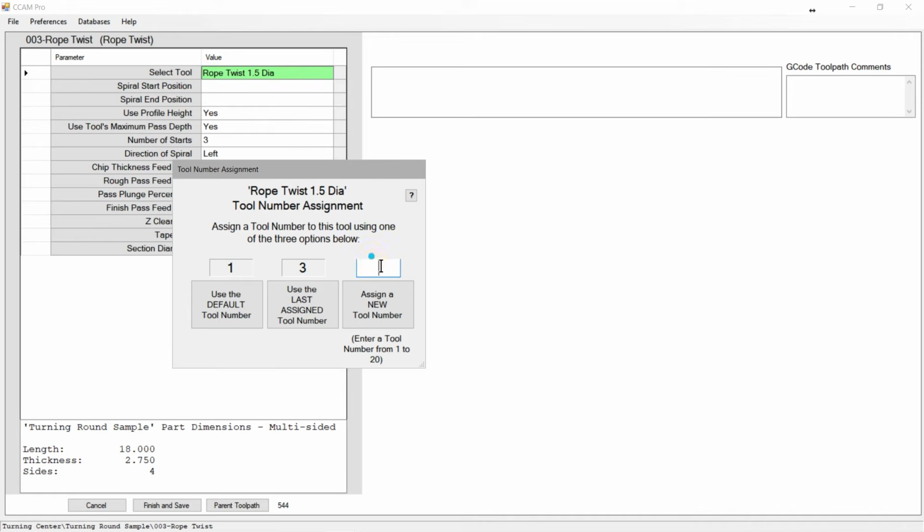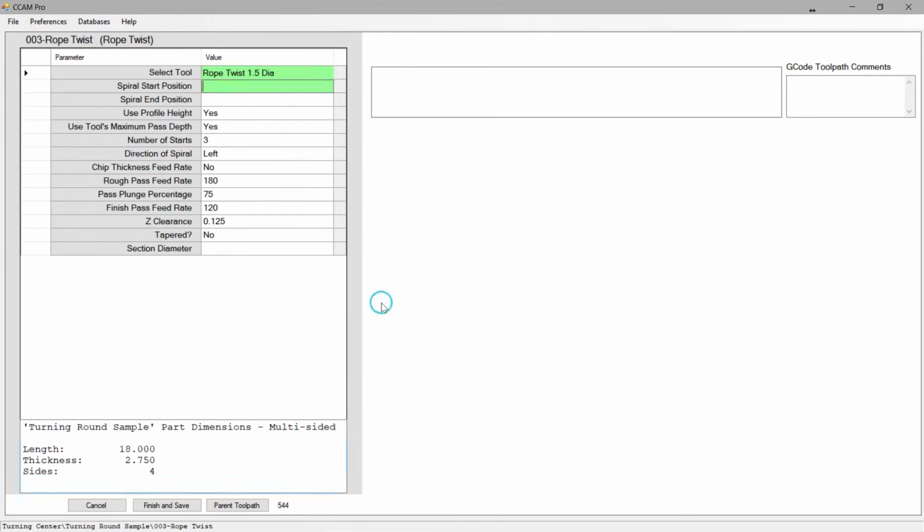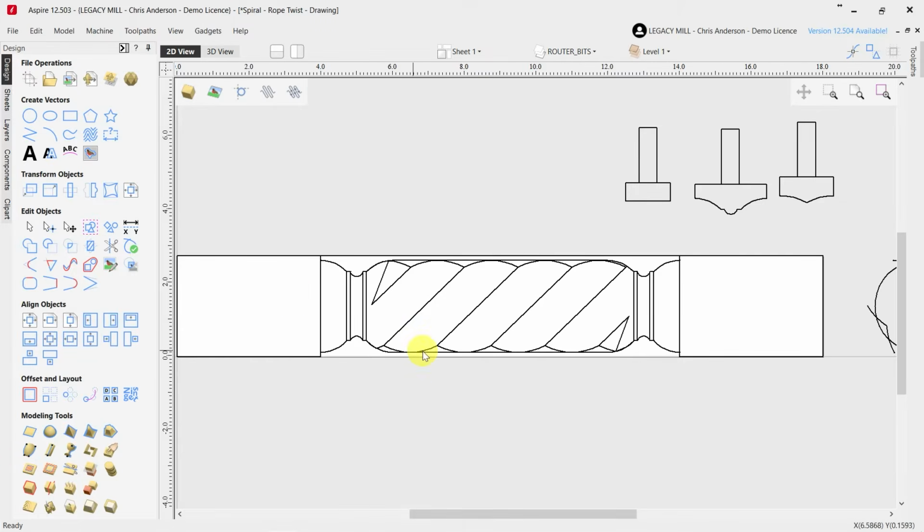I'll make this tool 3, because the surfacing cutter is tool 1, the classic spiral is tool 2, and so this is tool 3 in this entire spindle. And so let's go understand why I chose 1.5 inches in our design in the first place. So going back to our drawing here, okay,